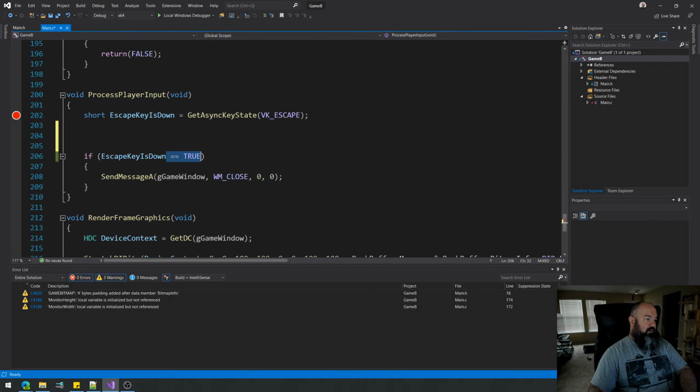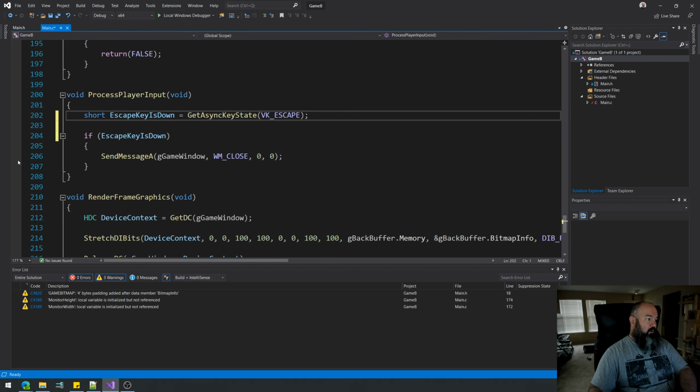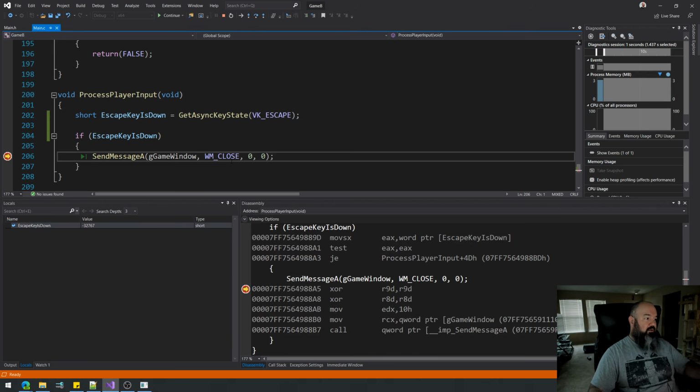Here we go. I'll take this away and set the breakpoint back in this area. I just want to show you what the value of escape key is down actually is. Okay, there we go. Escape key is down is actually negative